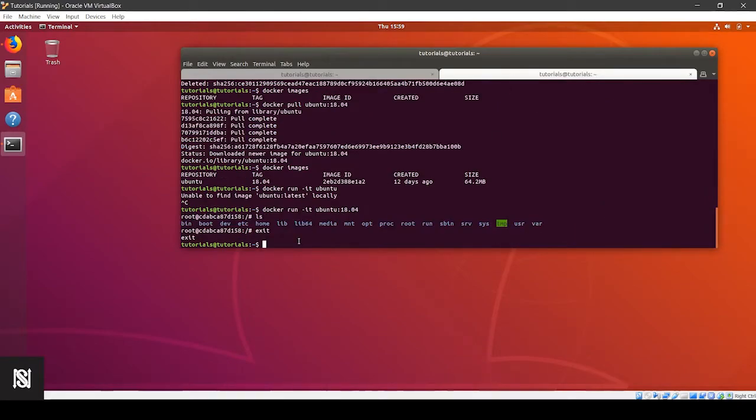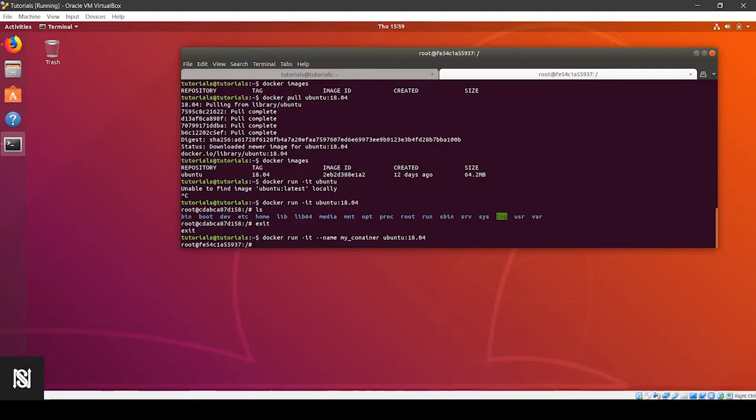Now coming to the naming of the container, you can start another container with docker run -it, and as far as I remember, if I give --name my container, oh it's container, but still it's okay. So it starts a container.